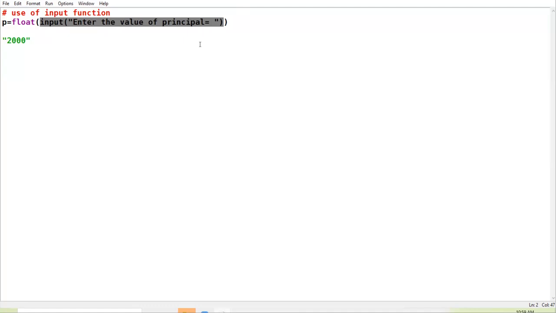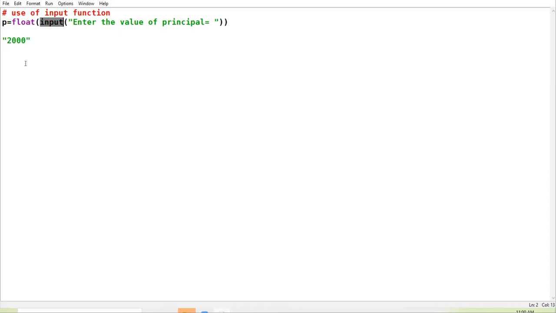Suppose I inputted value 2000. 2000 gets converted into string because whatever you input through input function gets converted into string type.